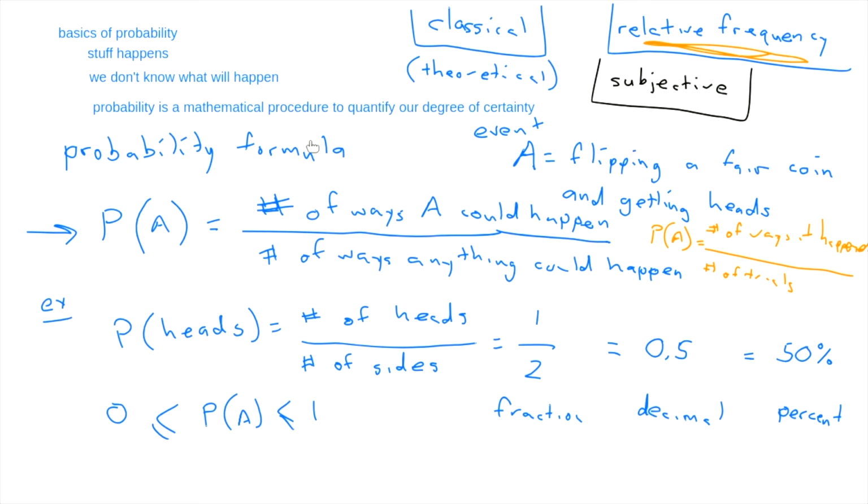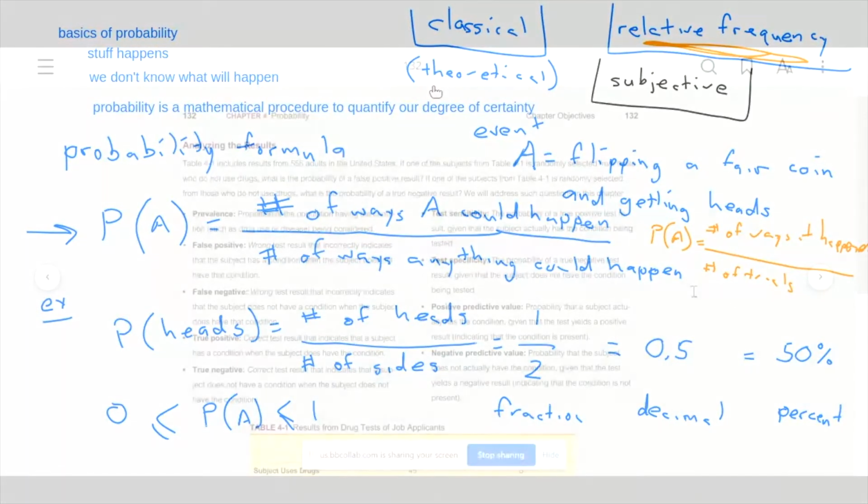That's why you can't use a classical for weather. What's the probability that it will rain? And if you say to yourself, well, what are the possibilities? Sunny, that's 1. Partly cloudy, that's 2. Rainy, that's 3. Snowy, that's 4. Hailing, that's 5. Tornado, that's 6. So there's one way rain can happen. I'm saying 1 out of 6. No, that doesn't make sense at all, because the probability of sunny days and the probability of tornadoes are very, very different. If there are different probabilities for the different events, you cannot use the classical. I'm kind of making an X with my hands here. You can't see. Here's the book.